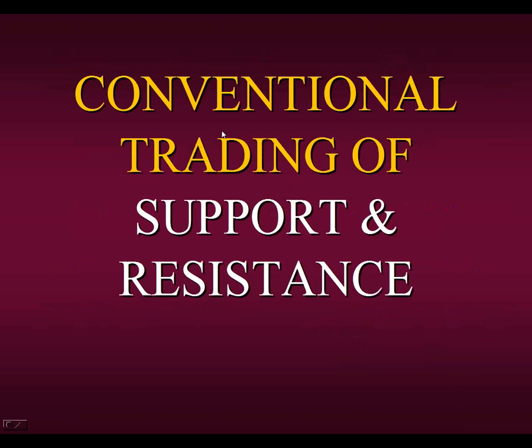Here's a 60-minute chart of IBM. Someone would look at this and say, well, it's gone up all the way from 182 all the way up to 188, 6 points. We have resistance here. This is where it should stop. This is where we were talking about in the chat room where IBM should hold, so I'm going to short it, and look what happens there. Once again, this is a 60-minute time frame,